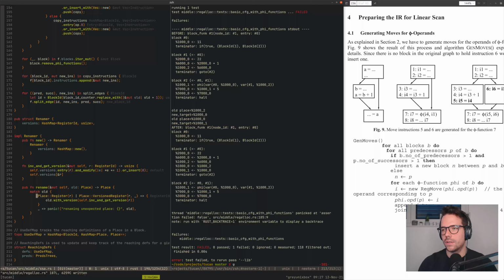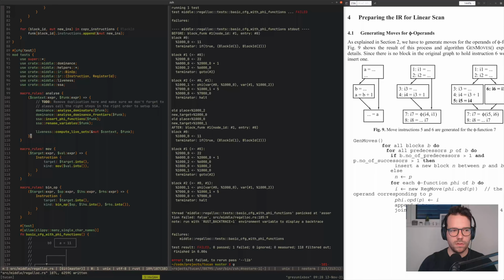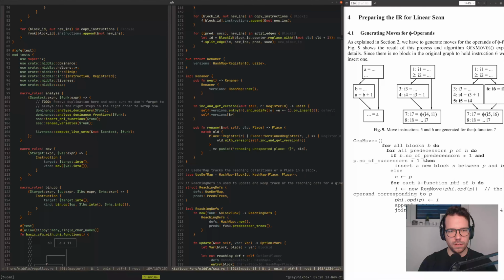That is interesting. We need to make sure that it always gives it a new name. Can we save the renamer? What if we SSA